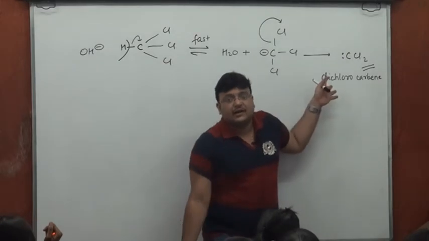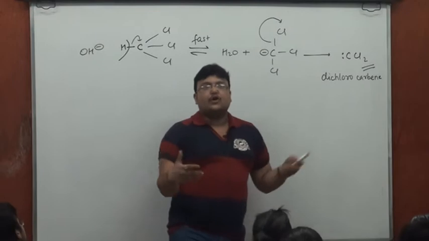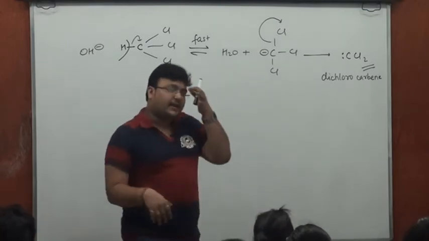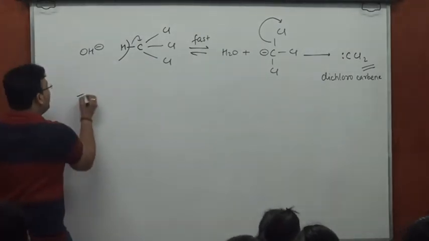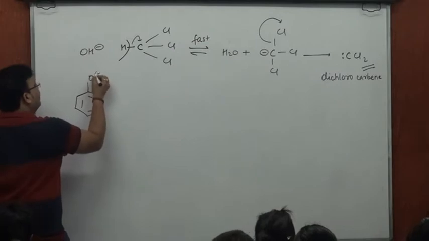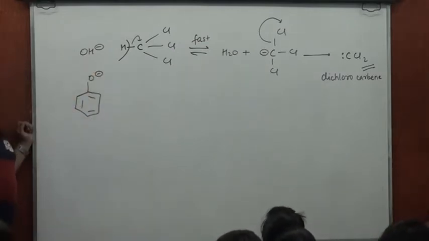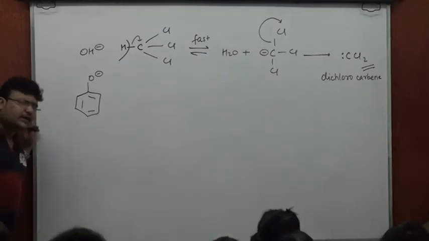So yes, it can act as an electrophile. It needs electrons. It can act as an electrophile, but not strong enough to attack an aromatic ring. But we're not talking about a normal aromatic ring. We're talking about phenoxide, which is very activated. Now CCl2 acting as an electrophile, because the octet is not fulfilled.